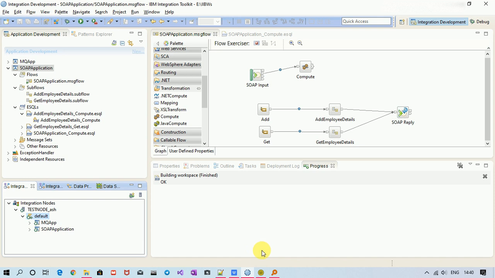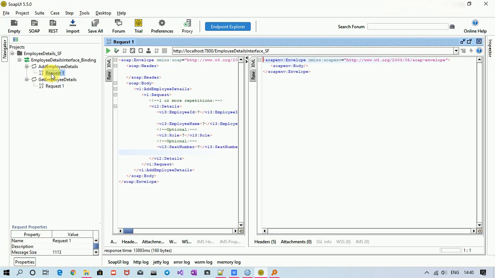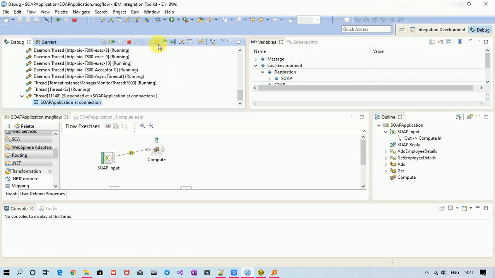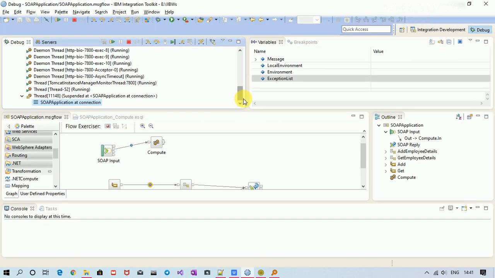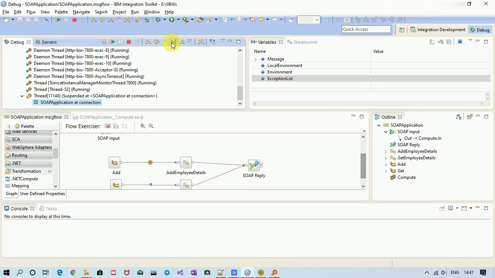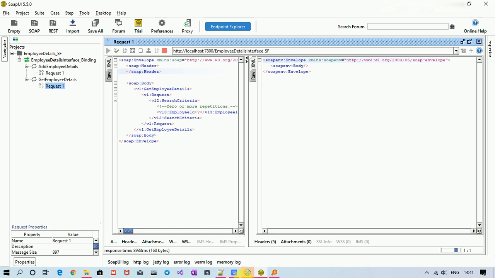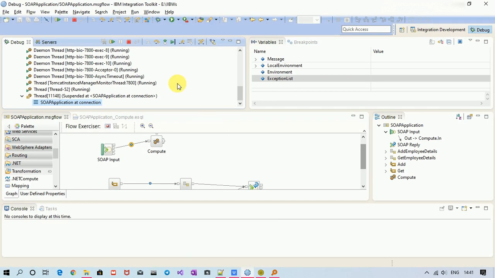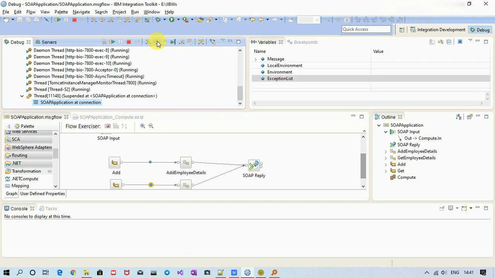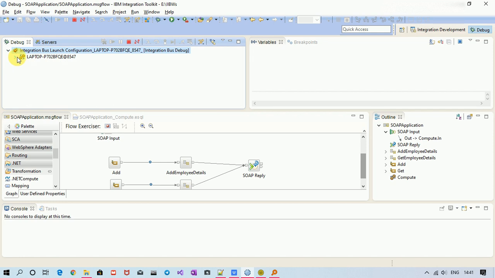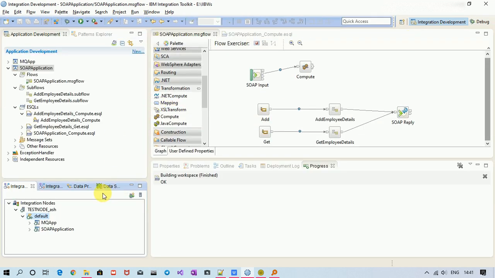Yeah, let me hit add operation. See, right? Let me finish it. Let me hit get operation. See, right? So these are some concepts of routing the information to a particular operation. Thank you.